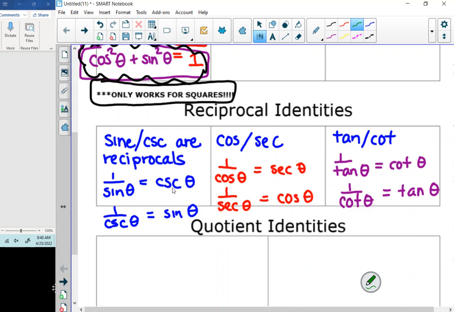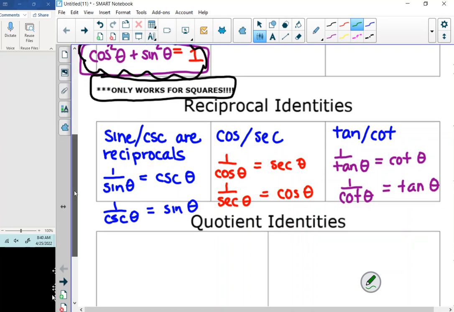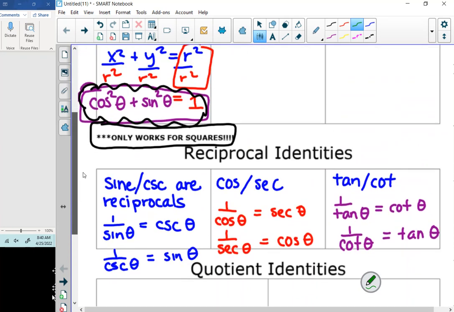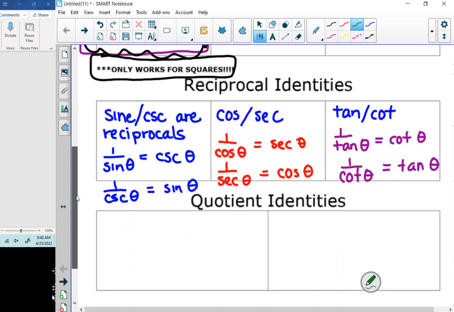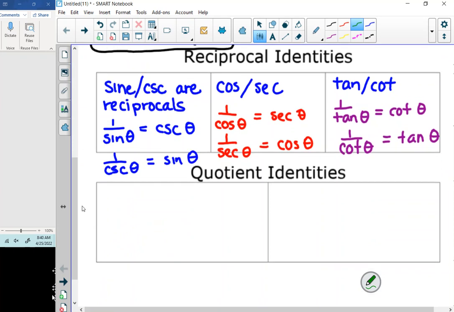Another way to say cosecant is to say 1 over sine. Another way to say cotangent is 1 over tangent. We will use these replacements to write expressions in different ways. Okay. All right. We still have 2 Pythagorean identities to talk about, but before we get to those, let's keep going